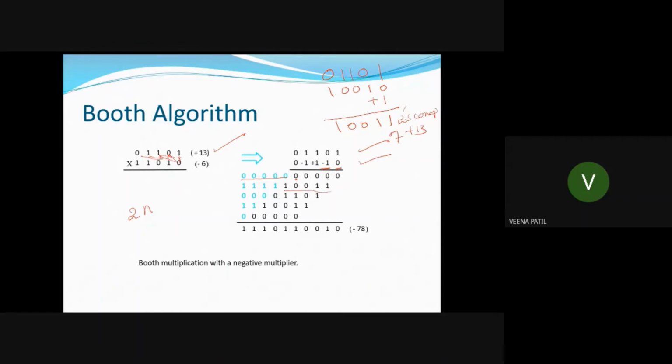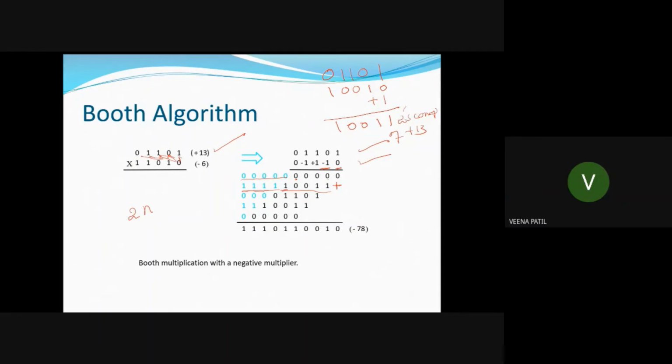So I have written here 1 0 0 1 1. Now how about the remaining bits in the product? The remaining bits in the product have to be occupied by extending the sign bit. As this is the second bit position, I have to write this after shifting 1 bit position. So after a 1 bit position shift, write the 2's complement of the multiplicand and extend the sign bit to occupy the remaining bits in the product.